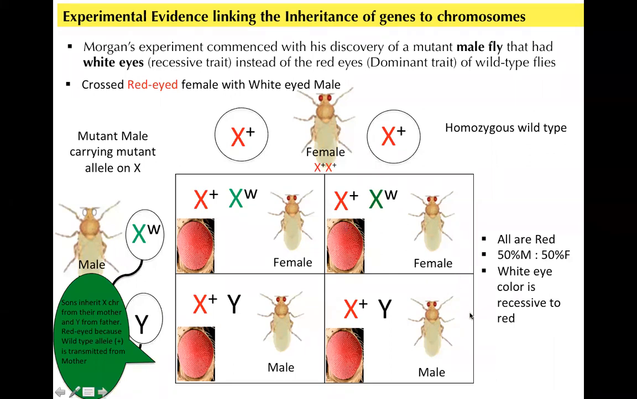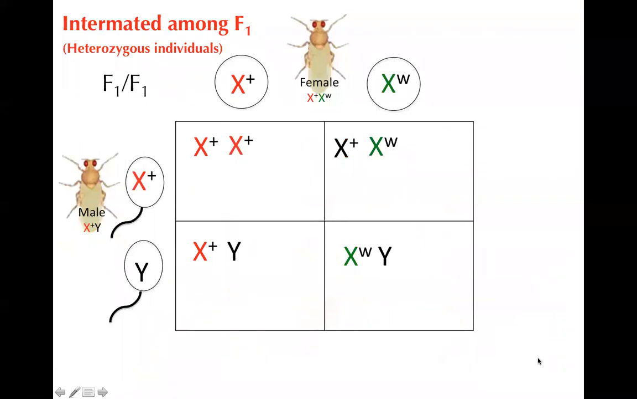However, what they did was, they took this heterozygous female, X plus and XW. This is a heterozygote, and X plus Y as a male. So they took these females and they took these males and they intercrossed them. The next experiment